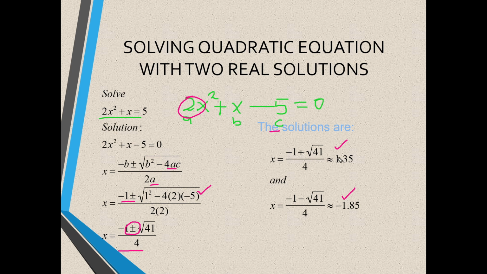So this implies that x is approximately 1.35, or this can be converted to 1.35, and then we lost some values, you know, we just decided to round it off. We lost some values, so